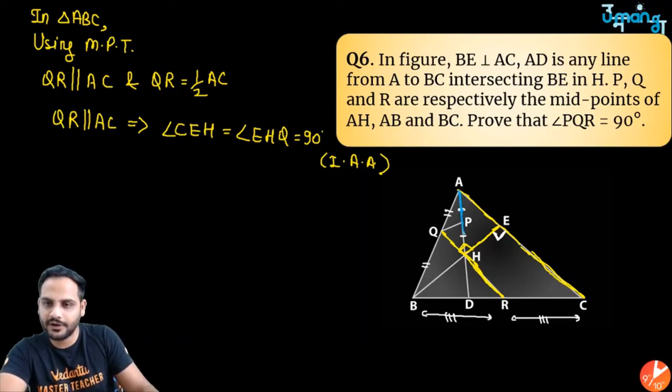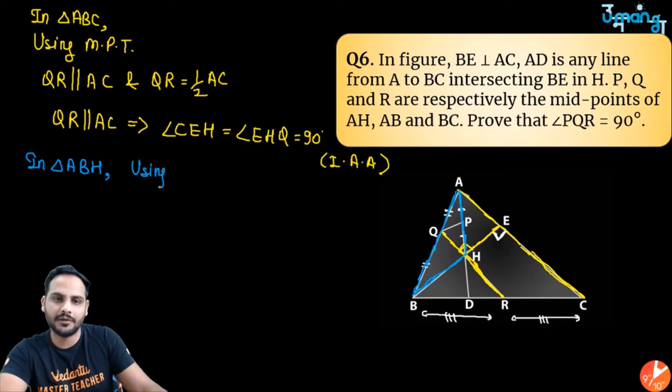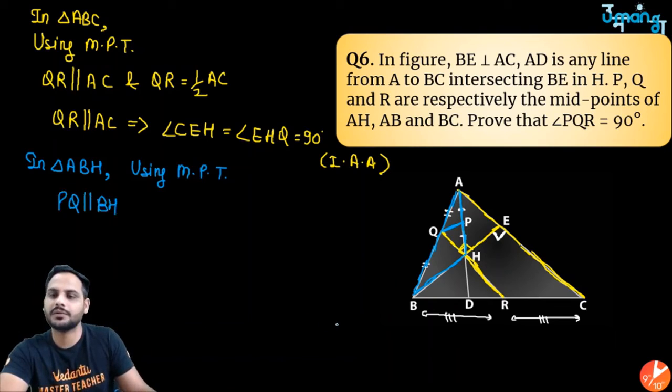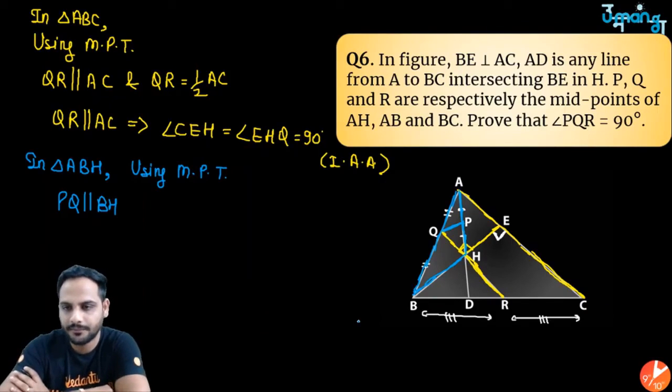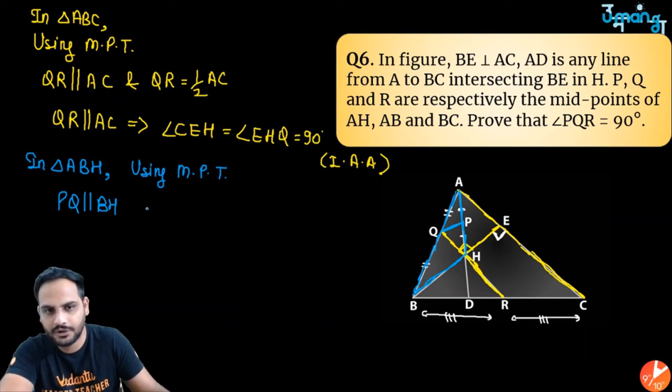ये P और Q भी तो मिड पॉइंट है, तो एक ट्राइंगल दिख रहा है हमको ये वाला, कौन सा, AHB, ये भी तो एक ट्राइंगल है। सो नाउ आई कैन से कि सर इन ट्राइंगल ABH यूजिंग मिड पॉइंट थियरम क्या बोल सकते हैं बेटा कि सर दिस लाइन PQ इज पैरेलल टू BH। PQ और BH जो है बेटा वो दोनों लाइन हमारे पास में क्या हो गई है, पैरेलल हो गई है। ठीक है, अब इन दोनों पैरेलल लाइंस को देखो तुम लोग। अब अगर इन दोनों पैरेलल लाइंस को ध्यान से देखोगे तो PQ और BH अगर पैरेलल तो आई कैन से कि सर PQ इज पैरेलल टू BE कंप्लीटली ना।